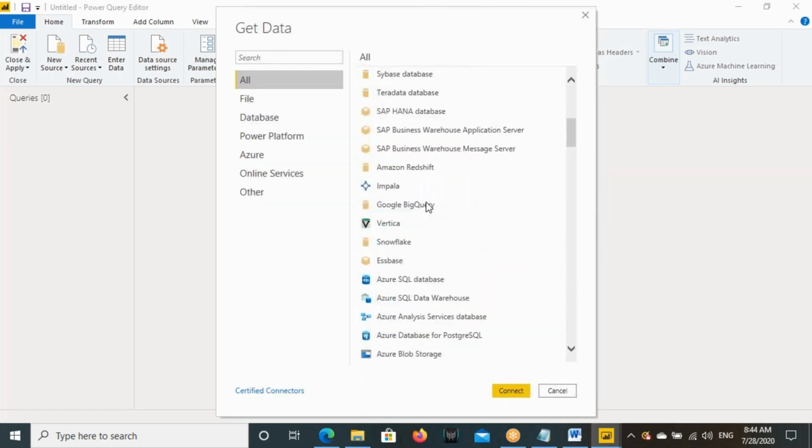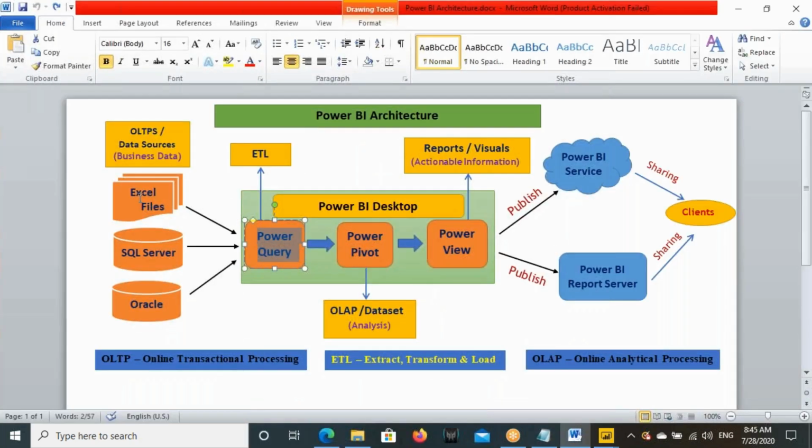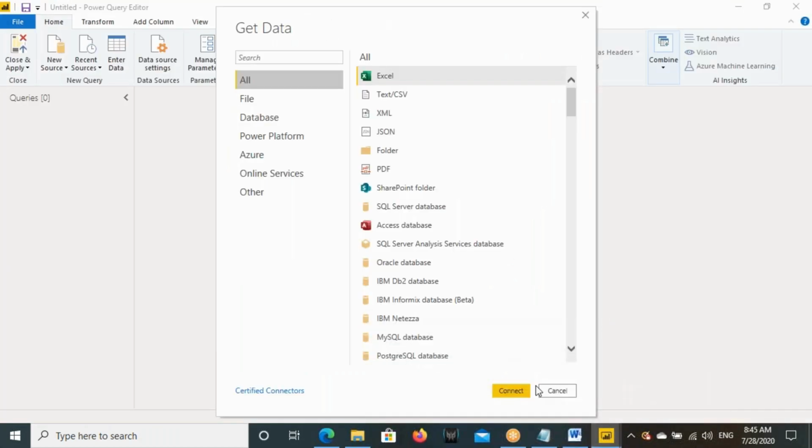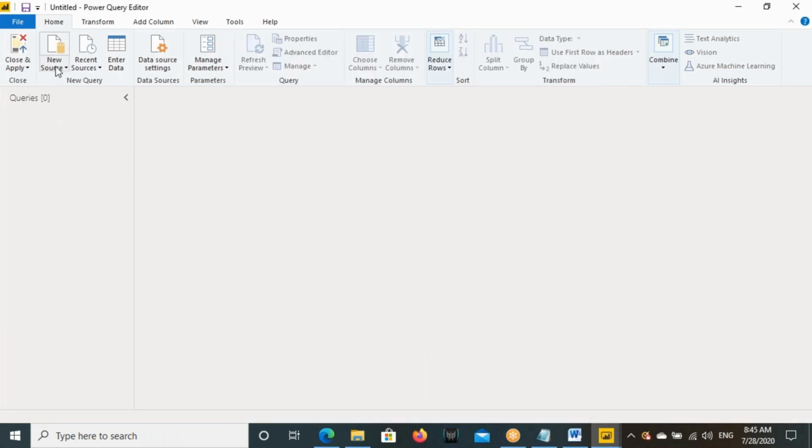For now, my company is storing the business data in an Excel file, and some other business data in SQL Server. I need to connect them. I need to bring the data to the Power Query. Let's do that now. To connect to the data sources and bring the data, I said that we need to